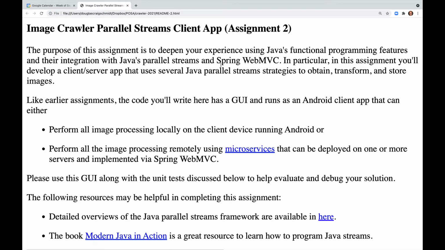Welcome to the Image Crawler Parallel Streams client app portion of Assignment 2. The purpose of this assignment is to deepen your experience using Java's functional programming features and your integration with Java's Parallel Streams and Spring Web MVC. In particular, in this assignment, you'll develop a client-server app that uses several Java Parallel Stream strategies to obtain, transform,